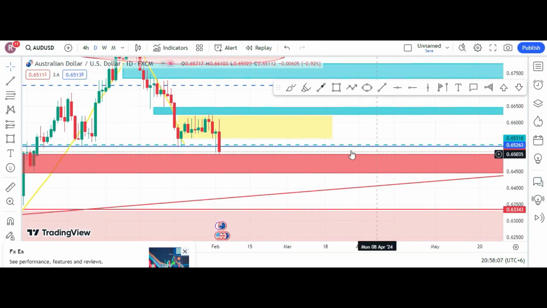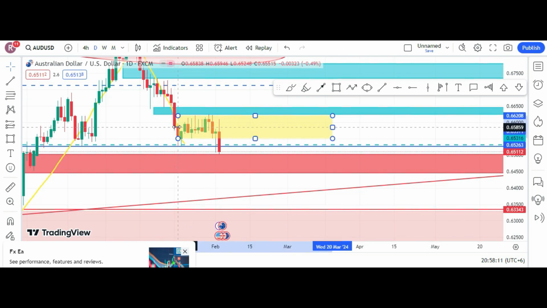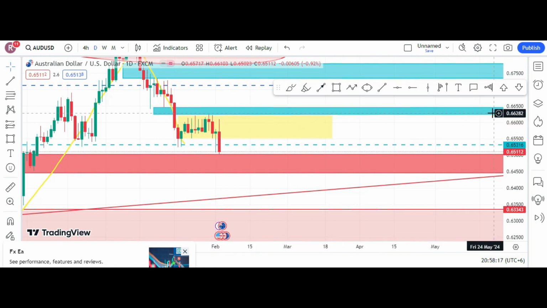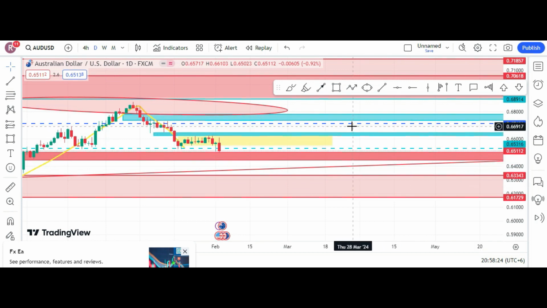Now it was ranging within this box which I mentioned previously, and this time it has broken out of the box. So we don't have anything in there except that it has crossed the 50% of the total range